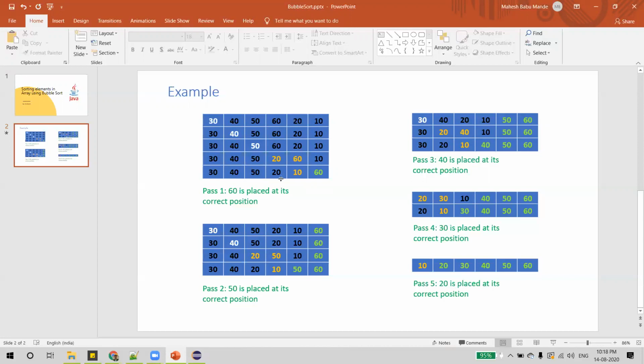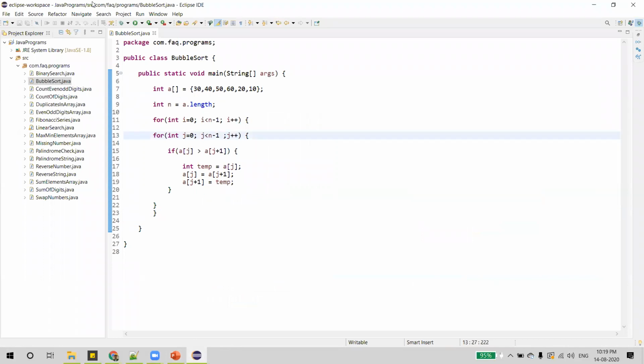So in each pass there will be one iteration less, as one element will already be sorted and placed at its correct position. So for that, what we can do is n minus 1 minus i.